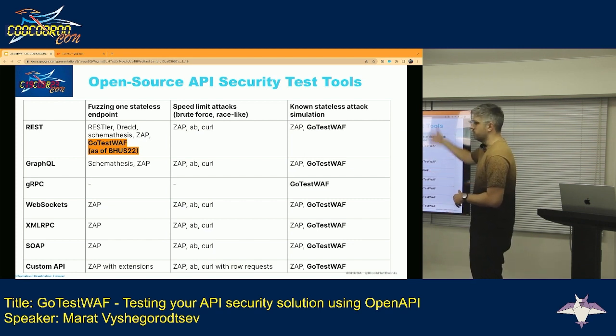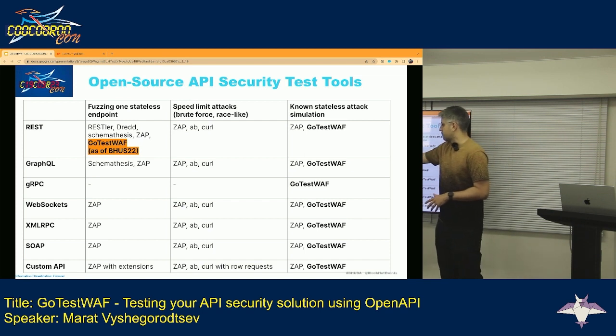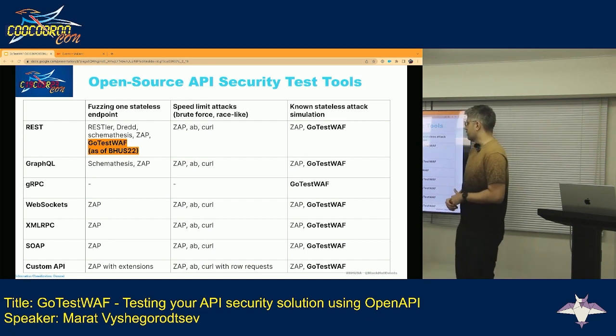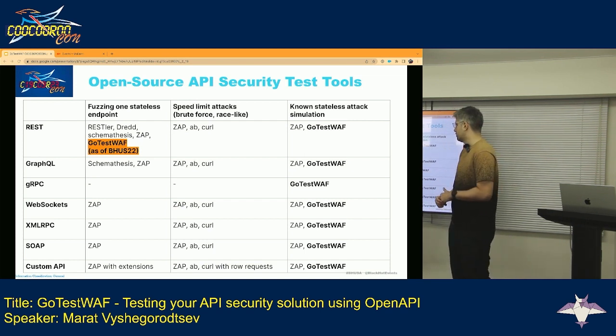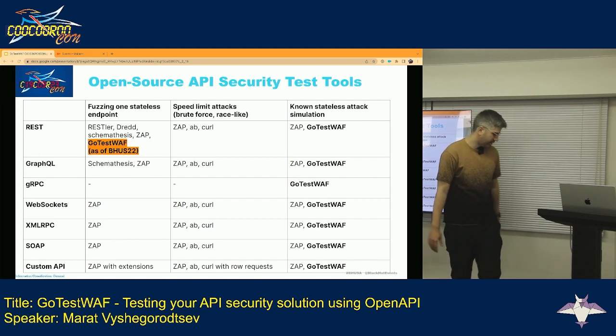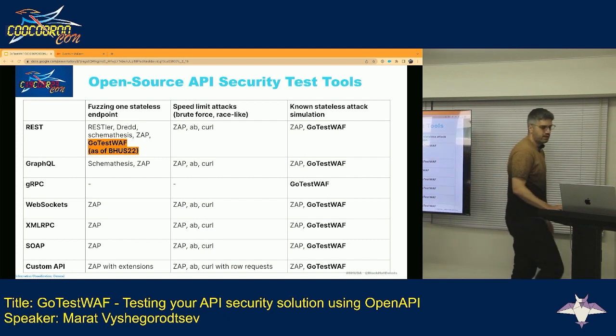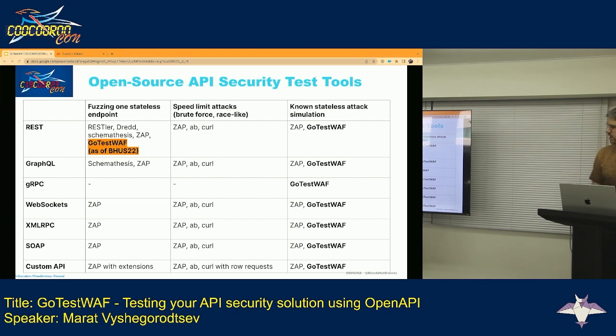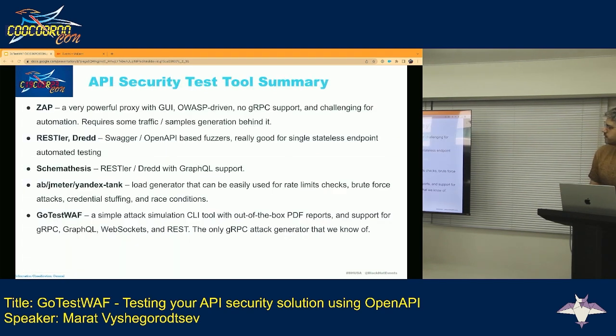But yeah, if you want to, for example, evaluate your web application firewall solution using some other tool, these are the tools, including AB, which is an Apache load generation tool, or you can just use curl and run payloads manually. But GoTestWAF has 2,000-something payloads, and the way it works,